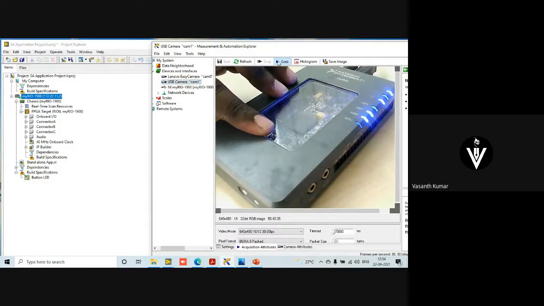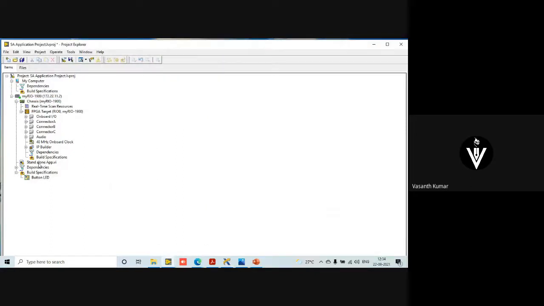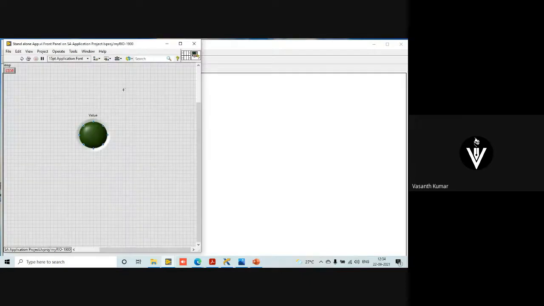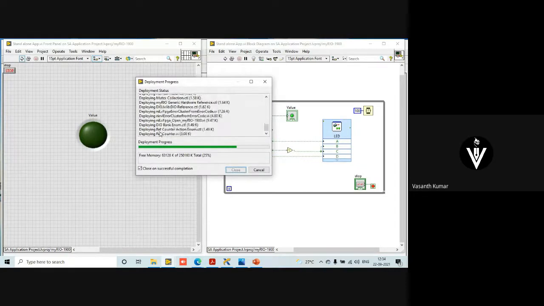So now it is connected back to my application. So I can design some other code. I can go for different logics. I can dump it into, again, the MyRio. I can convert it into standalone. And once again, RTX can be generated. And I can once again dump it inside. It's as simple as that. Clear? Yes. So this is how you do a proper standalone. Whatever you do simply as a project and you run it, even though it gets deployed, you'll see that it is getting deployed. Can you see?